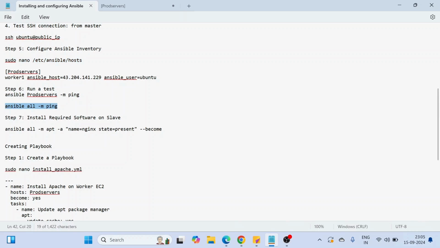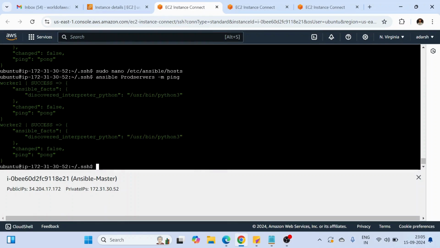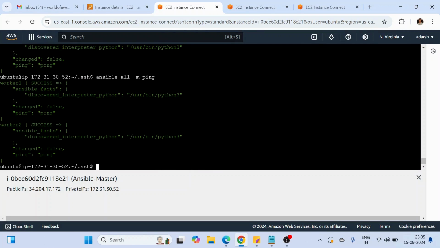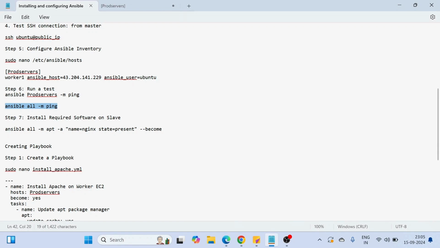So we are going to ping Ansible all. The things are the same, but we have different commands. So let's see, there is no issue running all the different commands, okay. As we can see, using this command as well, we are able to communicate with both workers. So let's go back to the document and we can install Nginx using this command as well, right, on our